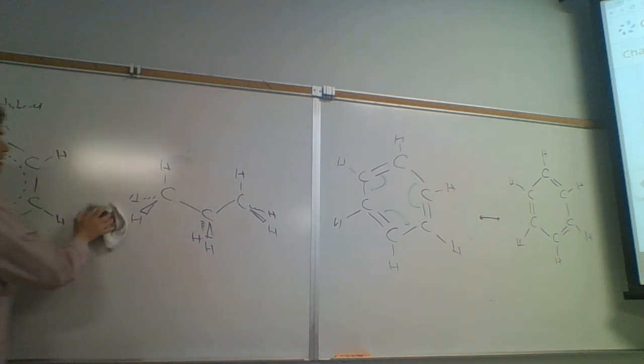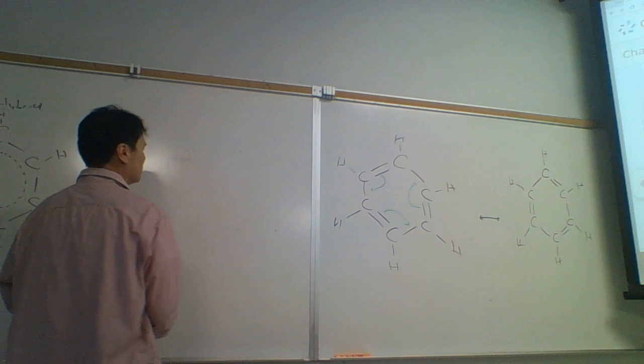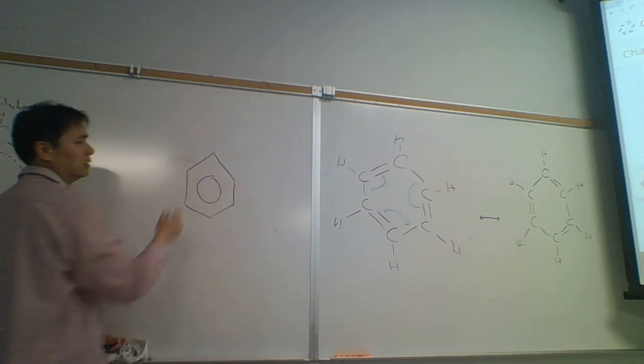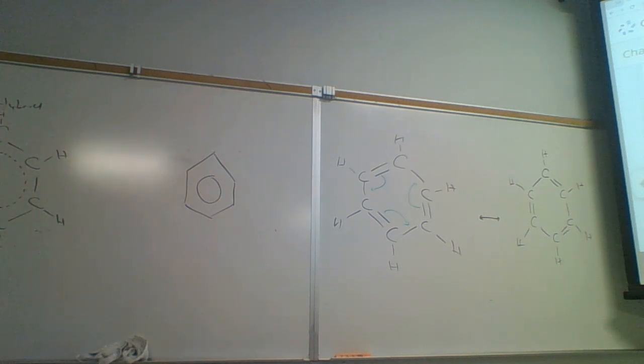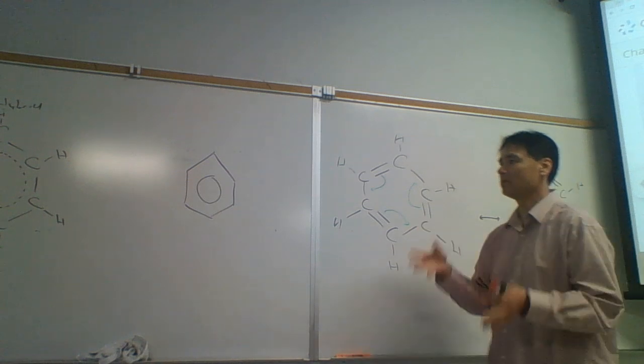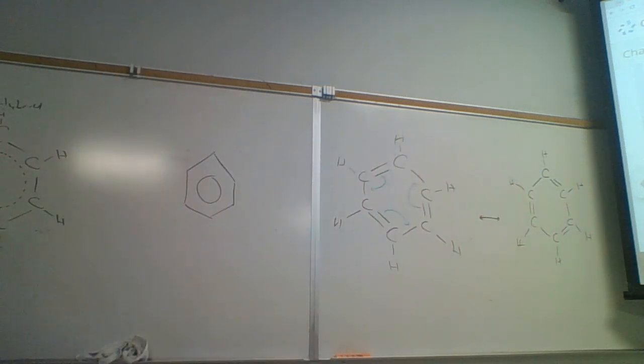For organic chemists, the shorthand way of drawing benzene is like this. It's benzene, where you delocalize the double bonding electrons over the entire structure. See what the book does. The book does this, but they say it's not accurate. Yes, that's not accurate. It is a resonance form. And we got this resonance form here, but the true structure is going to be a hybrid because when we have resonance, that means we have potential for delocalizing electrons. And so if we look at the benzene,